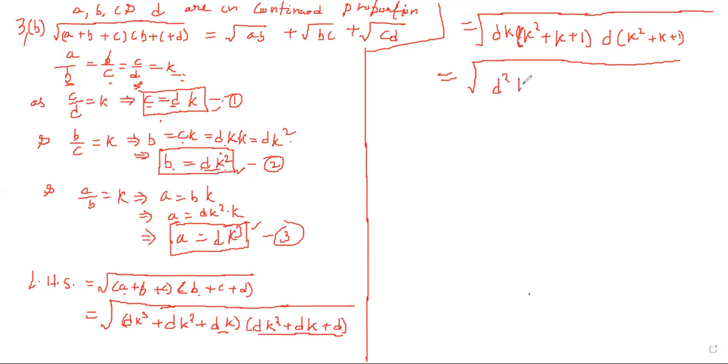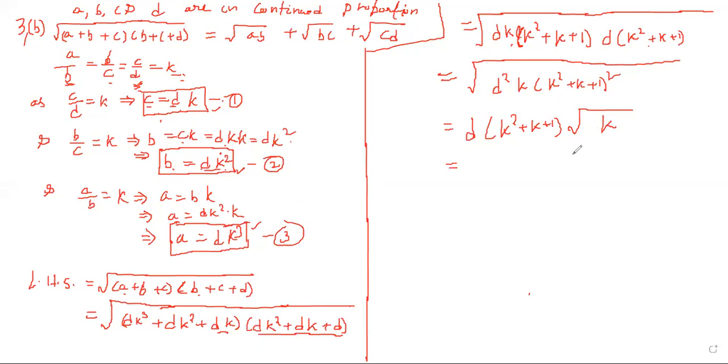d square k, and in second bracket k square plus k plus 1 twice, that is whole square, as it is the product. K square plus k plus 1 into k square plus k plus 1 is k square plus k plus 1 whole square. D into d, d square, k is alone. So this d square is inside the square root, so it goes outside the square root, becomes d. Second bracket becomes k square plus k plus 1 root k equals to,